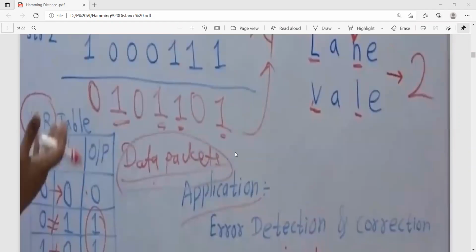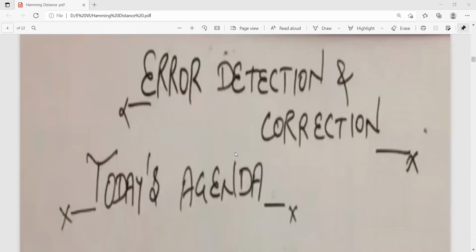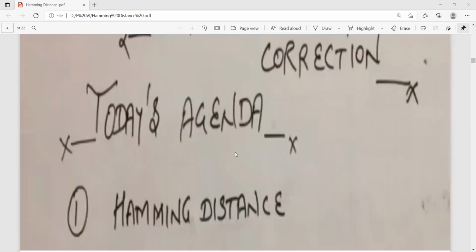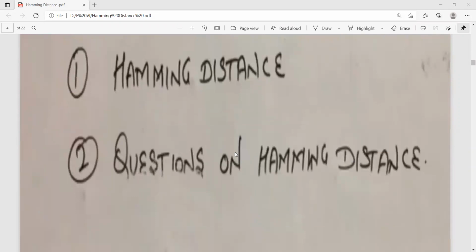That also we have to detect. Now coming to some deeper analysis, there are some questions we have to answer, different types of questions based on the Hamming distances.